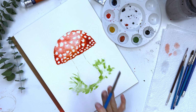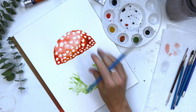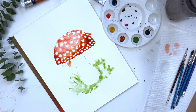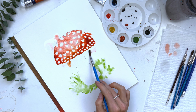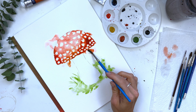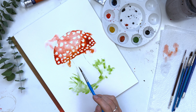So in order to loosen up my painting a bit, what I like to do is take some clear water, and because this is still wet, I can go in and add a few little splooshes of clear water, and if it's still wet, they'll bleed outward. Now you don't have to do this. If you want it to be a little bit of a tighter painting, you can certainly leave it as is. And if too much bleeds out, you can always take your clean, dry brush and just lift it out,